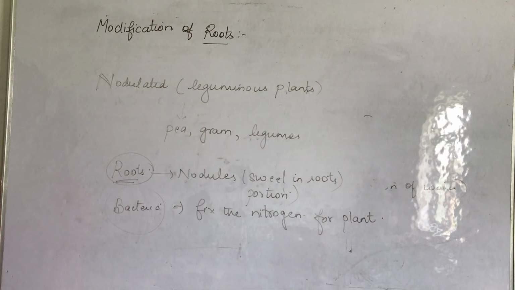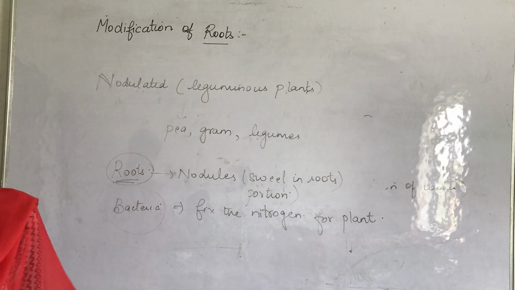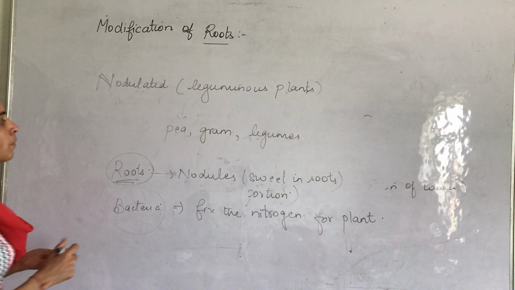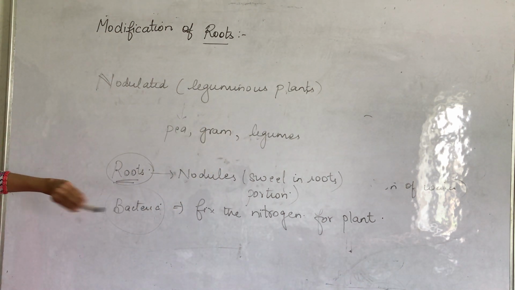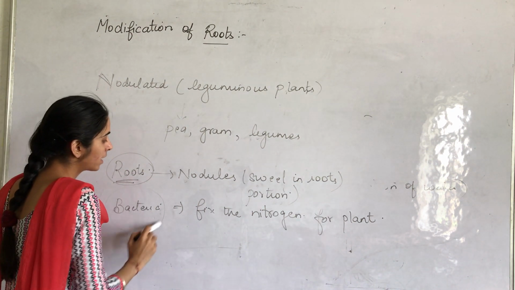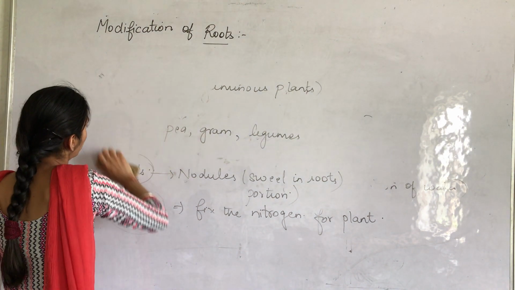And we have mostly seen that before growing a wheat crop or rice crop, the farmers generally plant leguminous plants in the soil. Why? In order to increase the fertility of the soil. If it is asked which are the leguminous plants, pea, gram, legumes, groundnut, these are all examples of leguminous plants. In these plants, the roots have nodules, and in that swollen portion of the roots, bacteria are living, and the function of this bacteria is to fix the nitrogen for the plant.